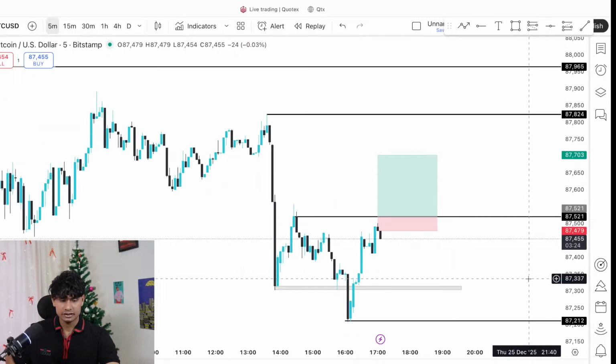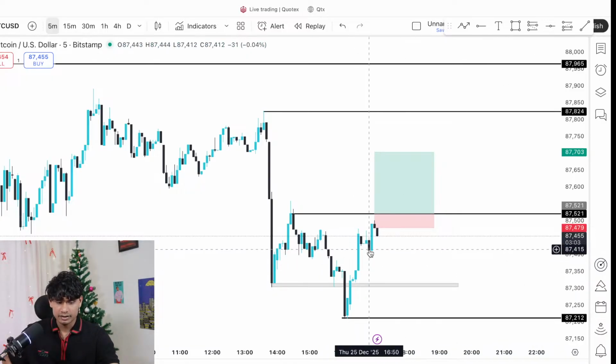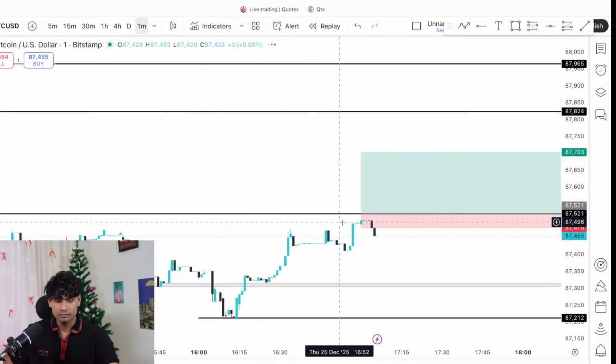Let's just wait, and I think it will definitely come to this level very soon, because it's going to retrace a little bit. There is also, if we can see, no good gap that you can find where the market can come down and then go to that level. There was a fair value gap here, it has been taken out from this area. Okay, if you go to this level, 1 minute time frame,